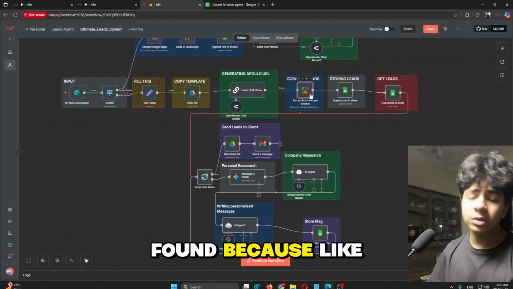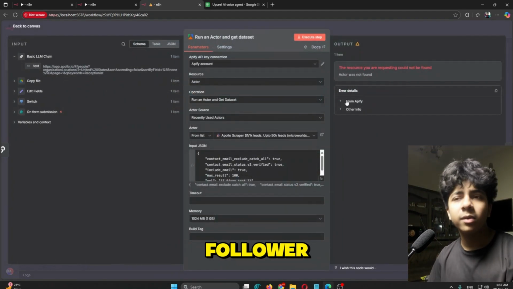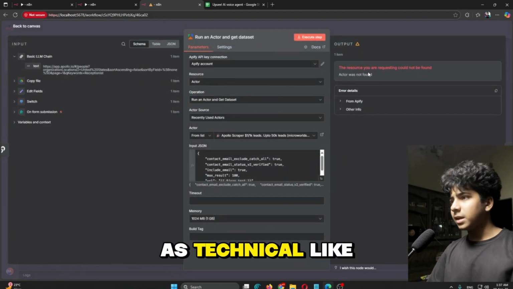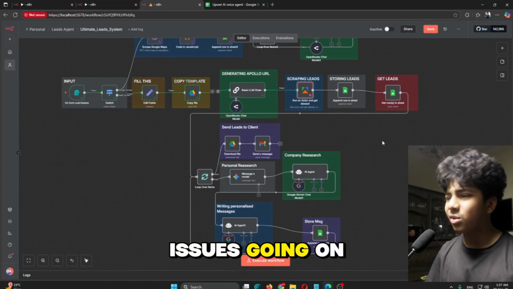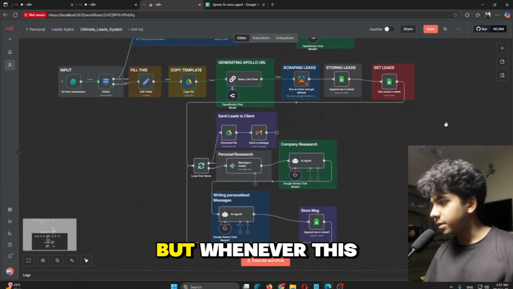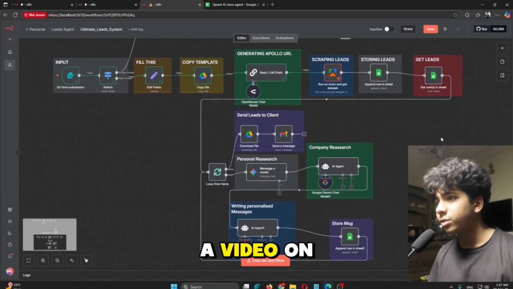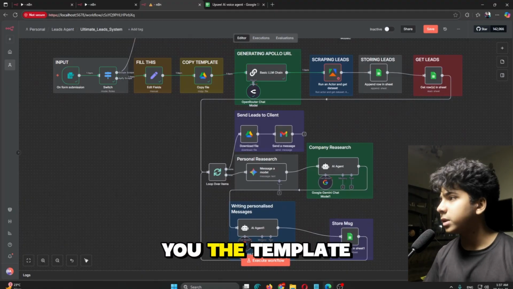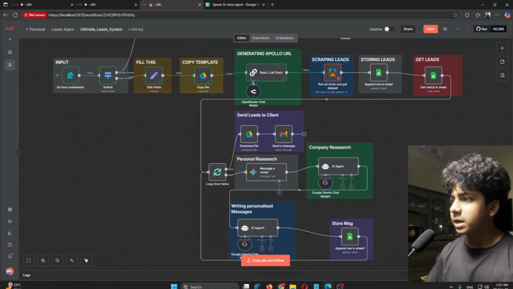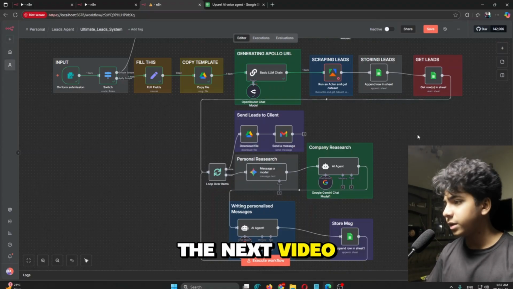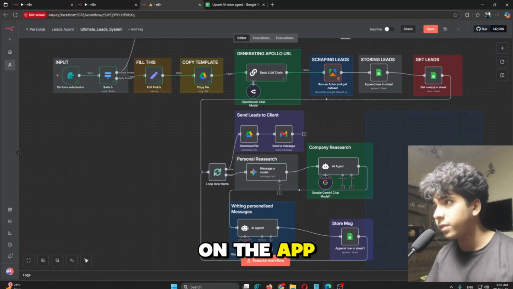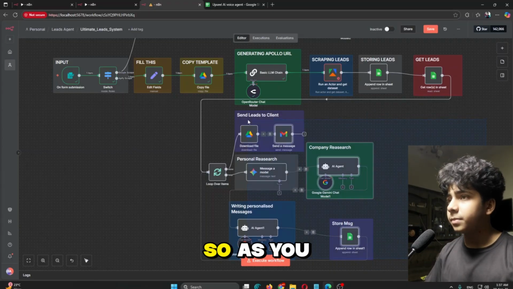the actor was not found because Apify just removed all the Apollo actors due to technical issues going on. Whenever this works, I will make a video on this, and I will also provide you the template of this lead generation agent in the next video, or when Apollo is available on Apify.